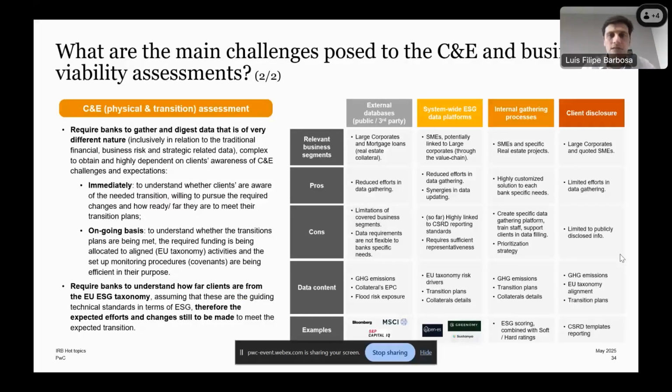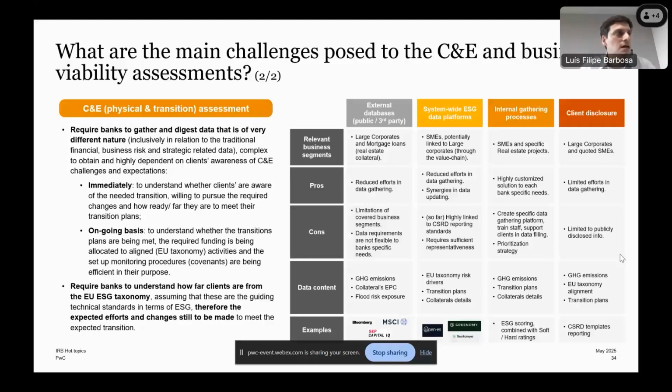We know that in some countries, system-wide ESG data platforms are being developed, sponsored in some cases even by local governments. We also know that banks are pushing significantly on their internal gathering processes. So there are many sources of information that would allow you, immediately but also on an ongoing basis, to feed